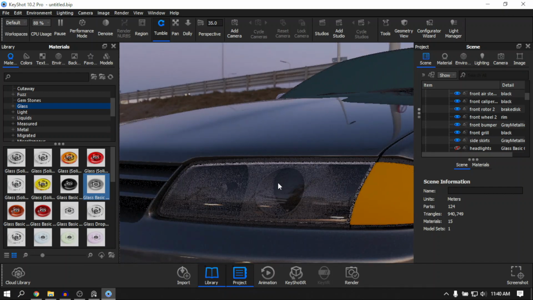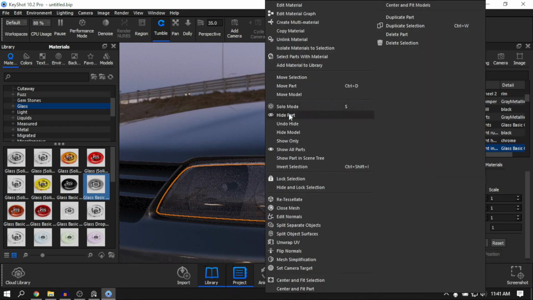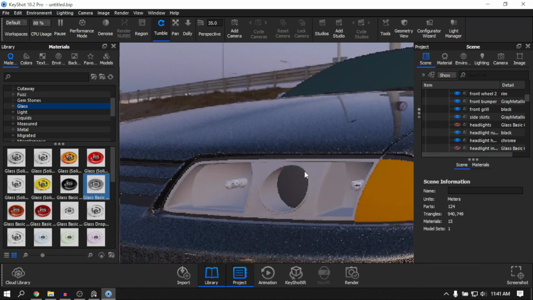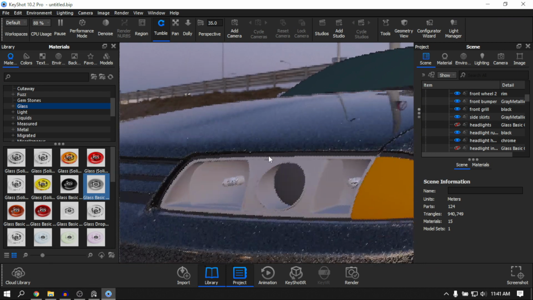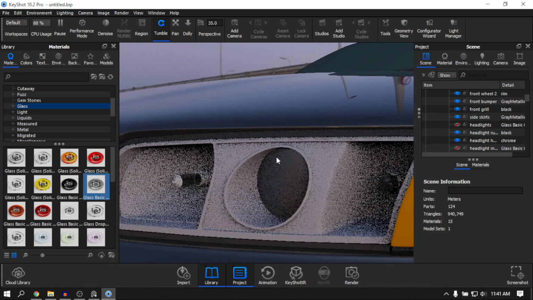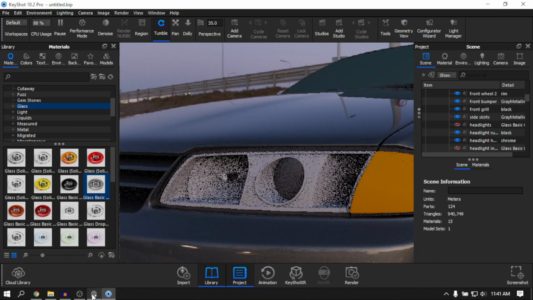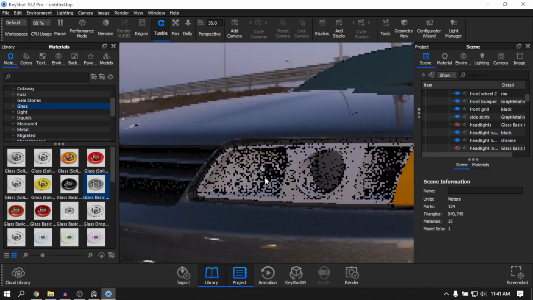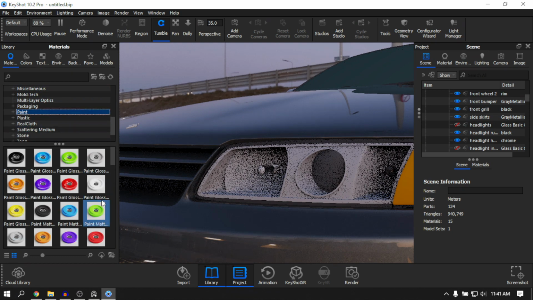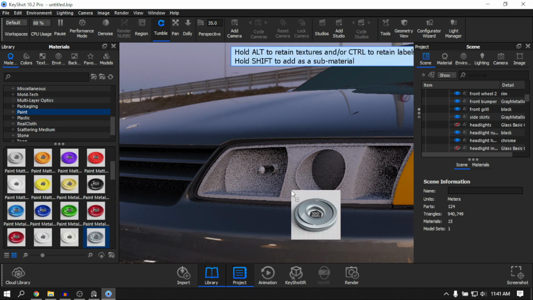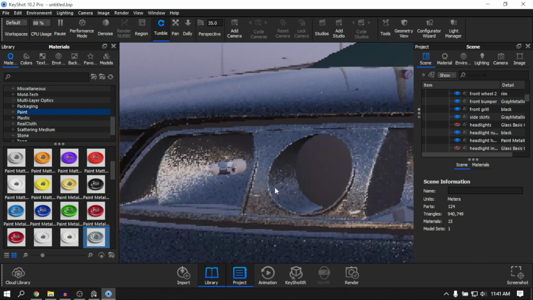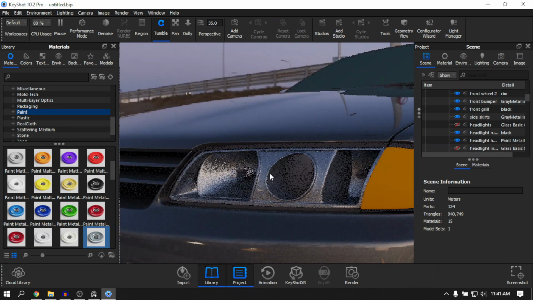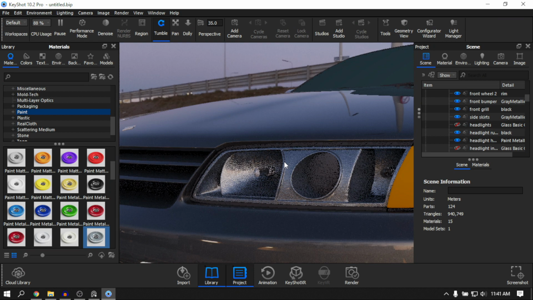Right. So we are going to hide this glass part as well, and we are going to work on the light housing, right? So if we go back to our reference, you can see that our light housing has this chrome-like finish, right? So we are going to replicate that by going into paint and adding in a metallic paint, right? So now to edit our material, because this has a blue shade to it and we want to tweak it to make it look like a